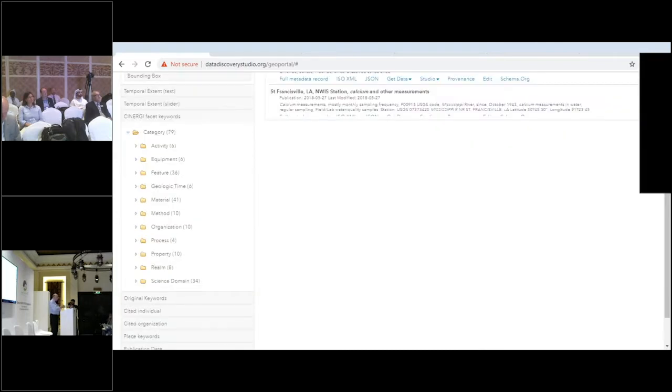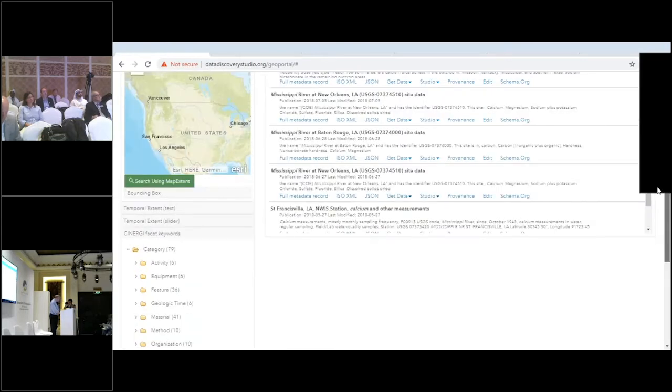This is where we step in, because we try to extract this information from metadata and make this metadata much more extensive, so that we can index additionally by spatial extent, by temporal extent, by facets. How this is done, I'll show you in a minute. But before that,